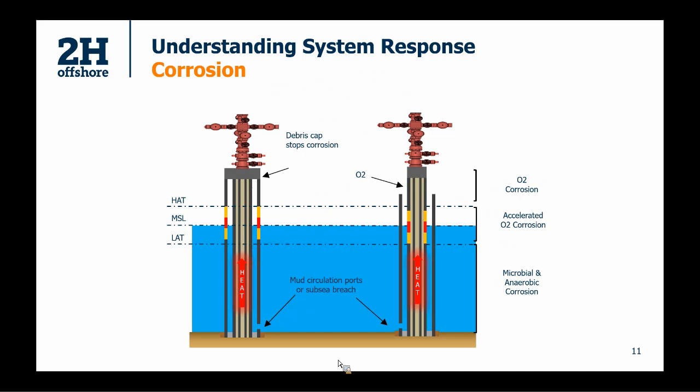In the upper sections of the conductor, it's largely O2 driven corrosion. The conductor is just sitting in air. In the depths, down at sea level, below sea level, it's more microbial and anaerobic corrosion that's likely to be governing. But you can see that where you have the change in the water level from tidal aspects, you have this oscillation where the conductor goes from seeing seawater to oxygen and seawater to oxygen, and it just creates this accelerated region of corrosion. So we know that that's going to happen, and we can plan that we're going to have some level of corrosion in the conductor, in particular probably high levels of corrosion in this area.